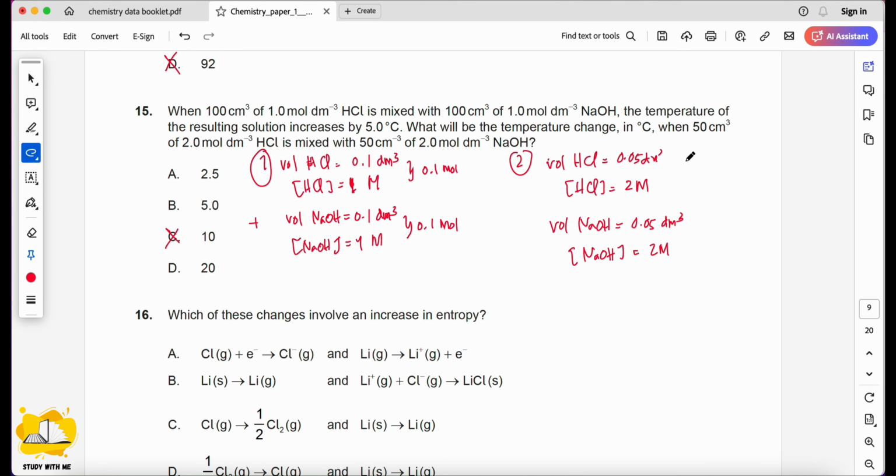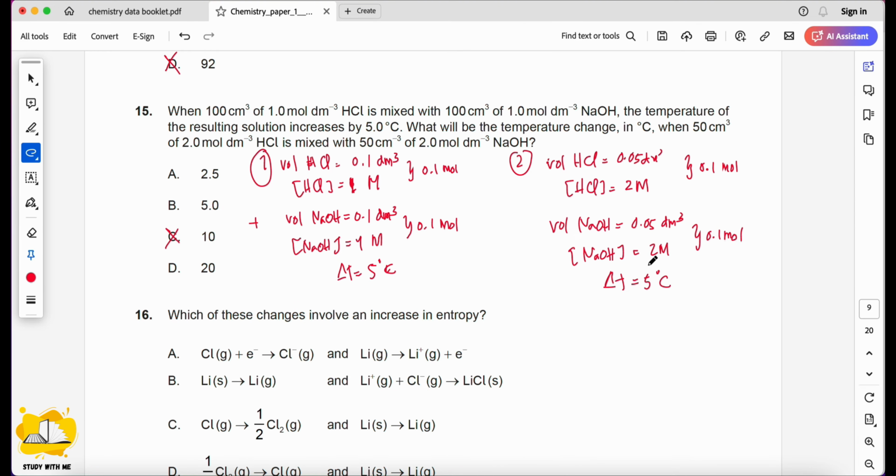If you do the calculation, this one also gives you 0.1 mole, and this one also gives you 0.1 mole. The temperature difference here is 5 degrees Celsius, because the moles are the same, there is nothing changed, only the concentration increased. So delta T will be 5 degrees Celsius as well, but maybe because the concentration is higher,